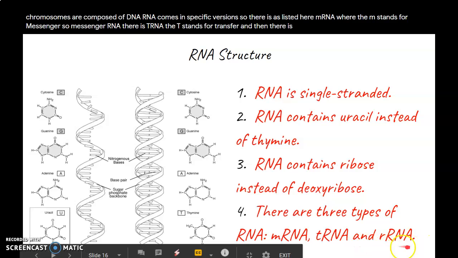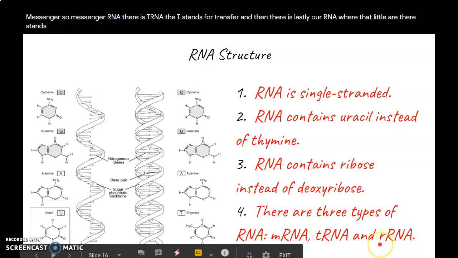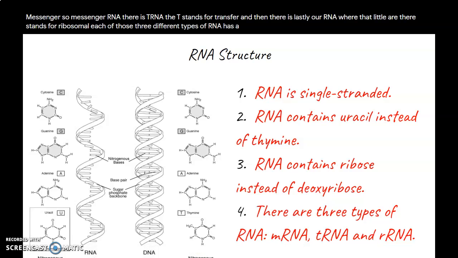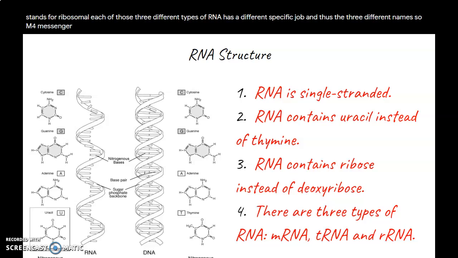And then there is lastly rRNA, where that little r there stands for ribosomal. Each of those three different types of RNA has a different specific job, and thus the three different names. So M for messenger, T for transfer, and R for ribosomal,